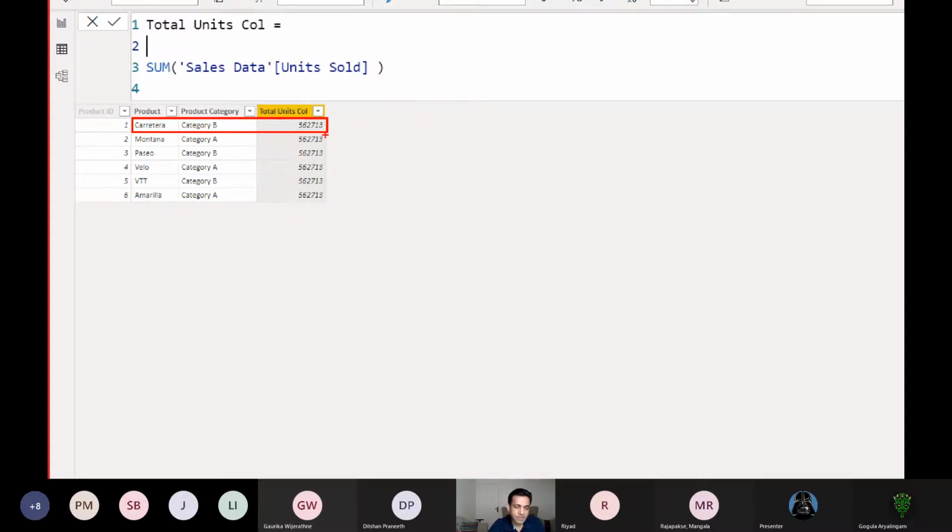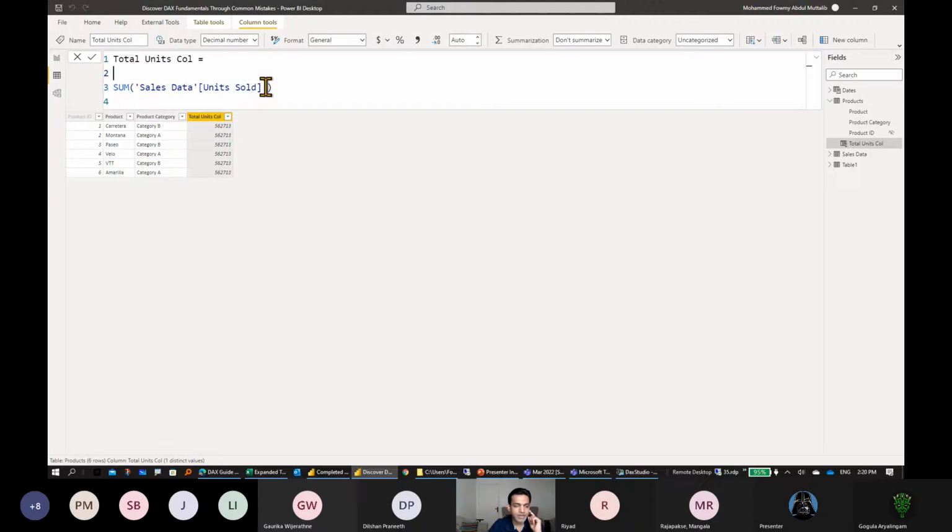There are several ways to solve this problem. Let me explain first. We are on a row context when you iterate over a table, right? When you create a calculated column. To change this row context into an equivalent filter context and pass this value, this product, onto the sales table, there is a function which can do that part, which is CALCULATE. One of the tasks that CALCULATE does is to convert a row context into a filter context. If I include CALCULATE over here,